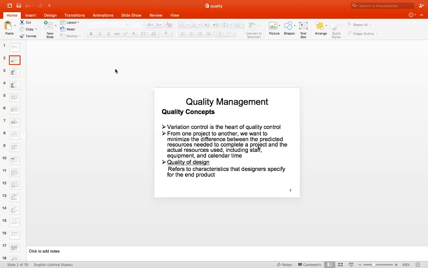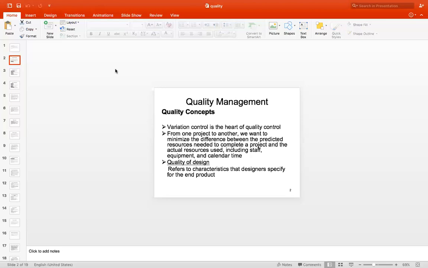So let us see the first thing. In quality concepts, we have multiple things. Quality has to be achieved in each and every phase, or in each and every aspect. Without achieving quality in each and every aspect, we cannot directly get quality in the final output, right? So if we want to achieve good quality in the final output, we need to have quality in each and every phase of your project.